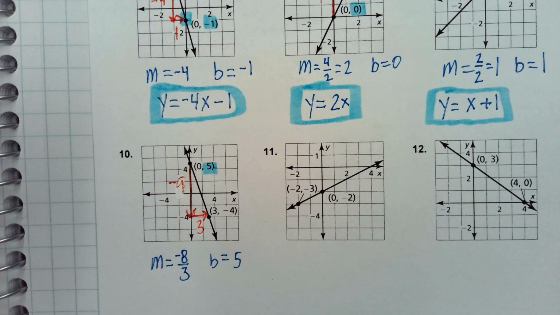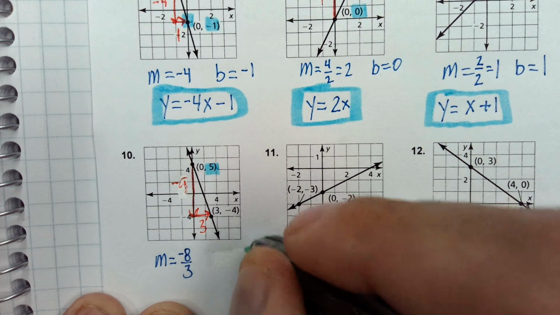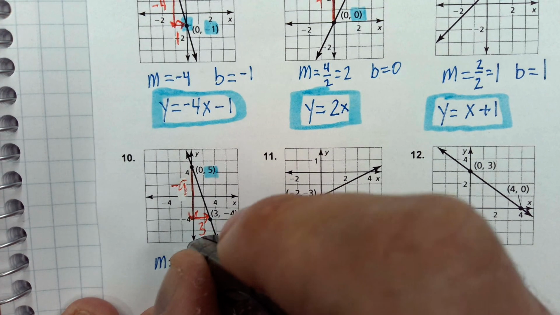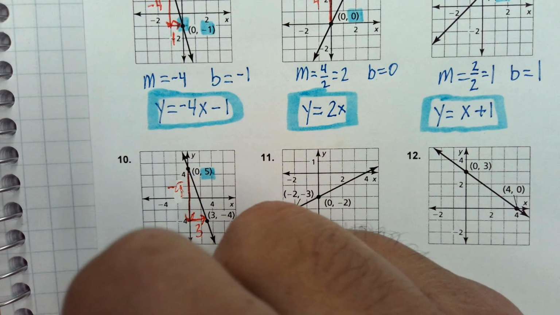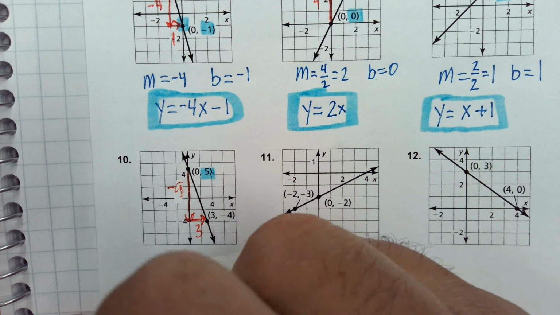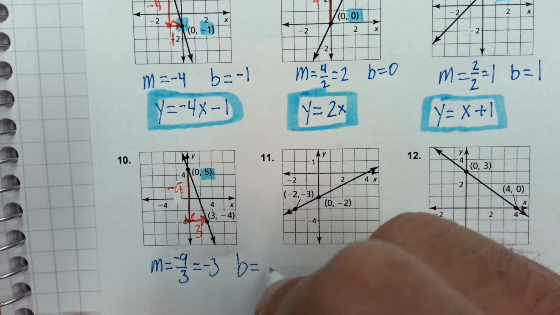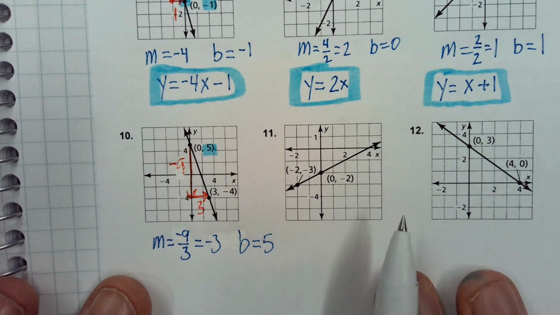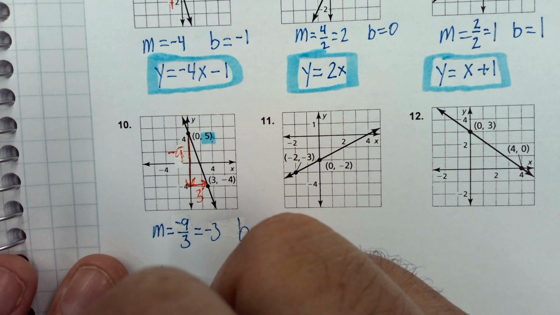Well, it's going to be -9/3. Yeah. So let's fix that. Thank you, Brandon. It's going to be -9/3, which is -3. But the y-intercept is still 5. So our slope is -3, the y-intercept's 5. Y equals